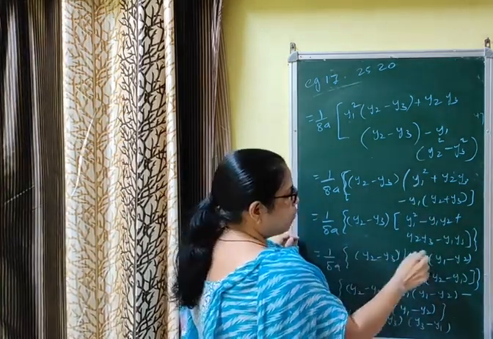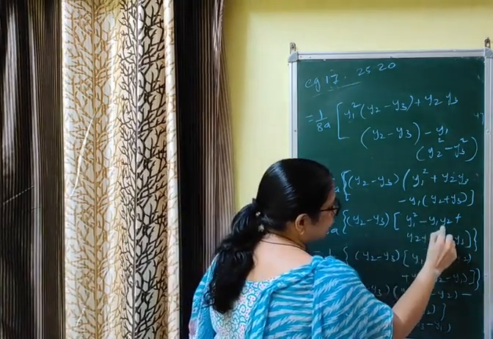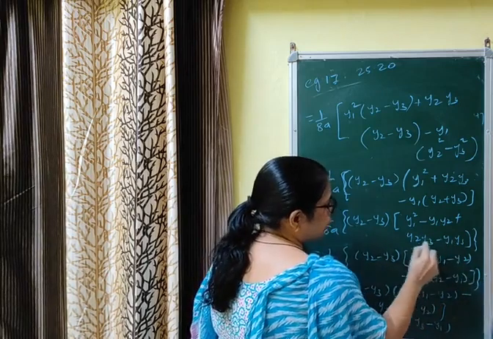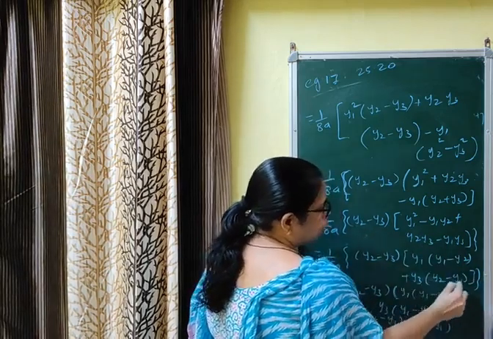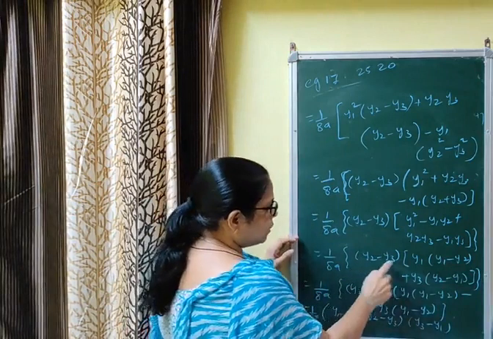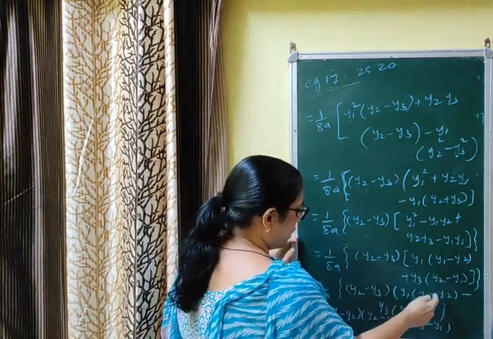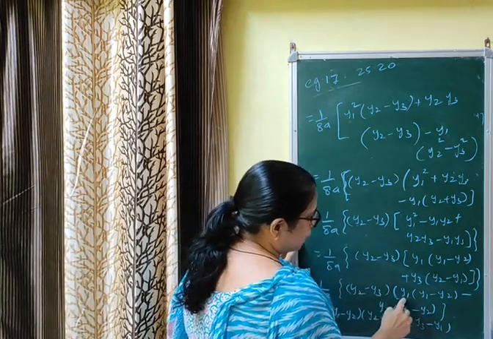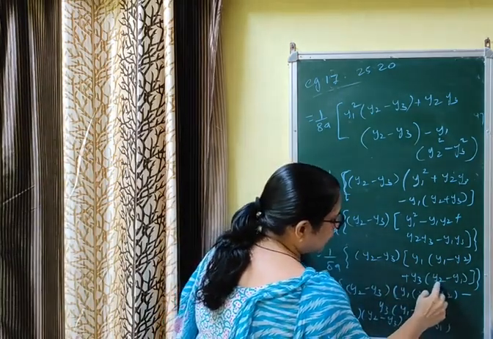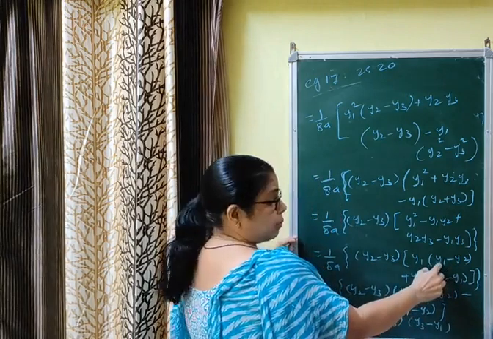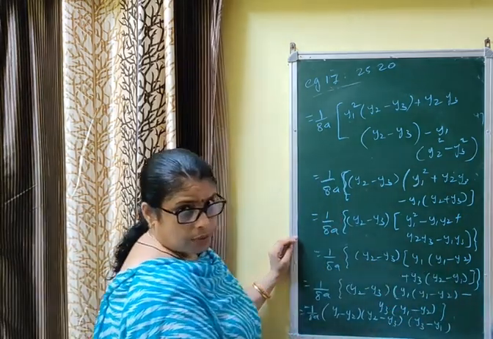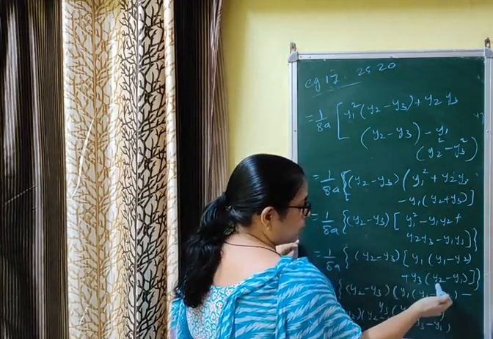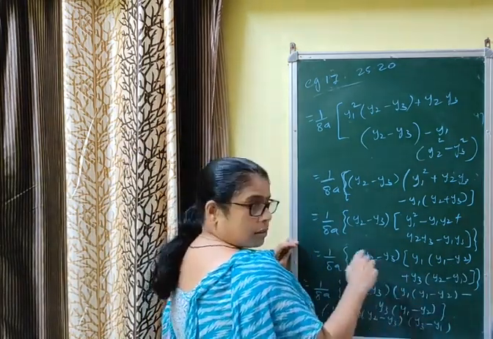y1 into (y1 minus y2) remains here. From these two terms, see y3 is coming common, and (y2 minus y1) is coming. Now again, from these two terms you can take common, that is (y2 minus y3) into (y1 minus y2). But here it is y2 minus y1, and here it is y1 minus y2. In one place it is y1 minus y2 and in the other it is y2 minus y1, so take the minus sign, that means it becomes y1 minus y2, to get the common term.